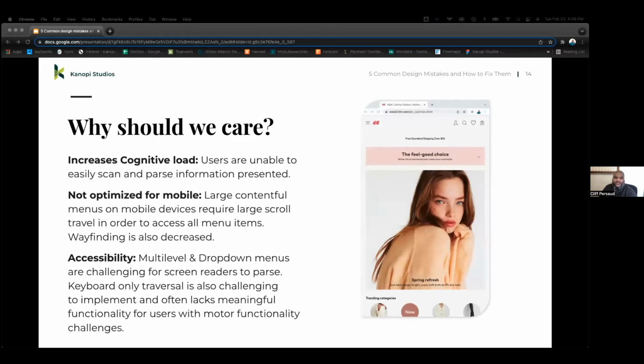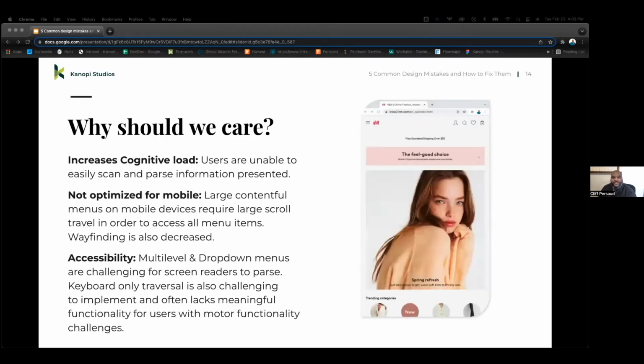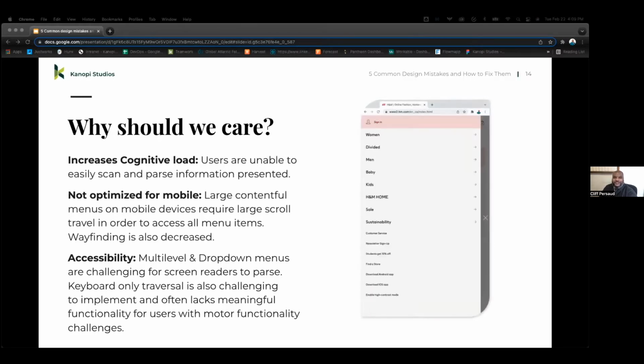Now, the Costco ketchup rule states that the more options you have, the more time it takes users to process that information. There's actually a UX term for this, but I like to call it the Costco ketchup rule because usually in Costco, there's only one brand of ketchup